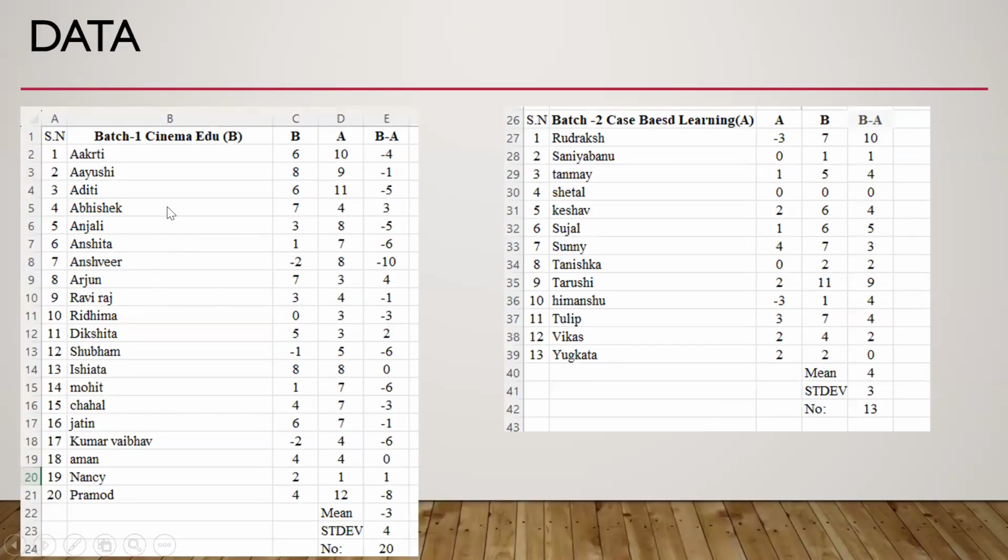Let us see this study we have done at our institute. There are two modalities of the teaching methods, and these are the students here. In the first sequence, we have 20 students, and in the second sequence, we have 13 students. The first sequence is BA, the second sequence is AB. We need to calculate the differences BA in both the sequences, and we calculate the mean and standard deviations here.